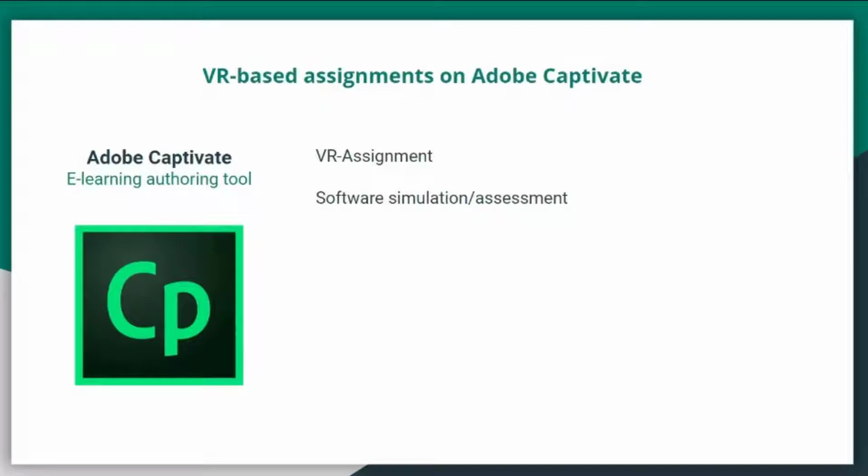And what this software simulation kind of an assignment will do is it will track every mouse movement and text movement. So when you save it as a simulation and you assign it to a learner in the form of an assessment tool or a training tool, it will keep on prompting the person that you should click here.